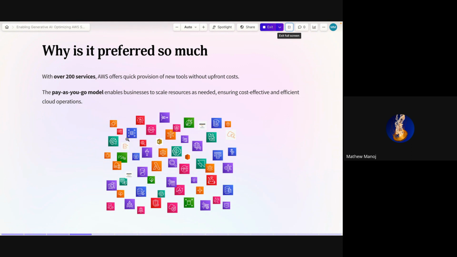You can use different services together, and those features go well together. They are very coherent with each other. Because of that ecosystem, people prefer to use it much more quickly and efficiently.